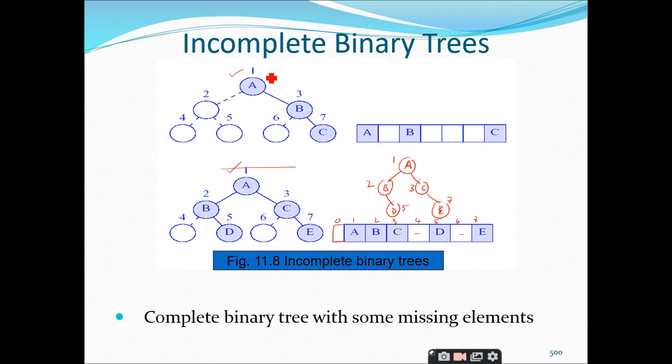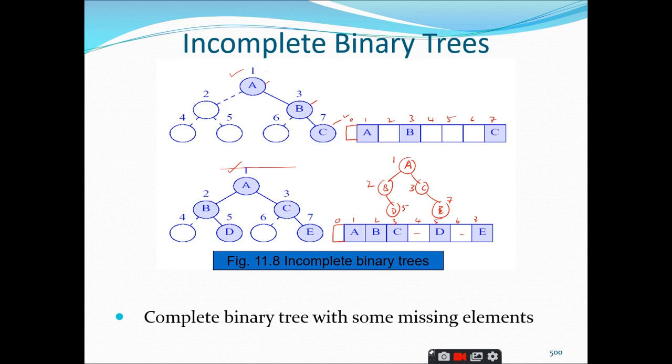For example, if you take this binary tree as an example and you want to represent it using the array representation, you can observe that the nodes actually present are A, B and C, and if you give the node numbering for this binary tree, we have 1, 3 and 7. So if you represent it using arrays, what is the size of the array you have declared? 8, sir. But how many elements are you storing? 3, sir. Only 3, right? So the remaining 5 elements are wasted.